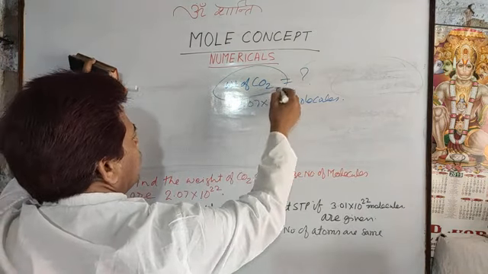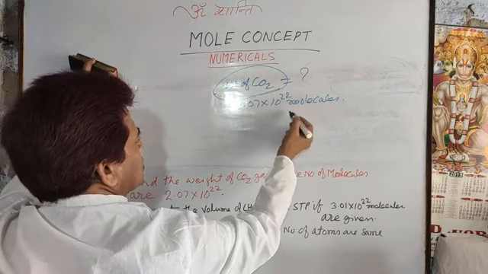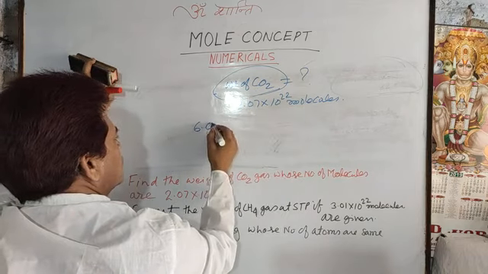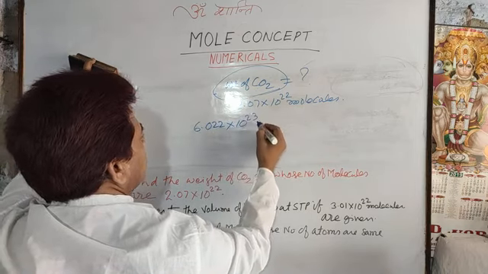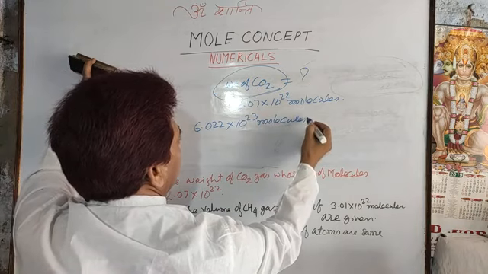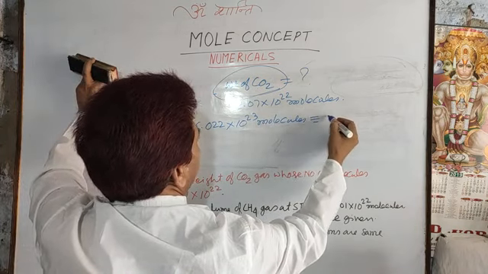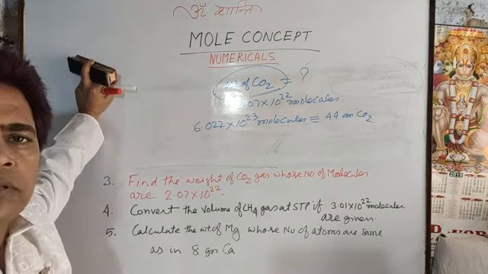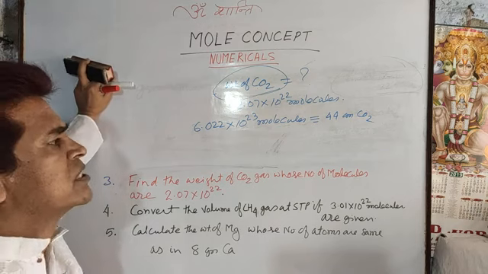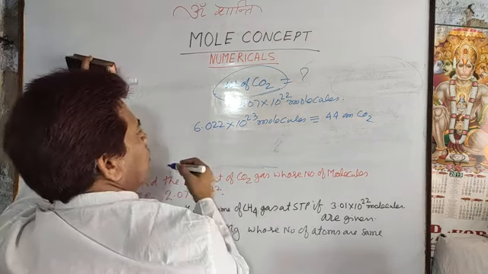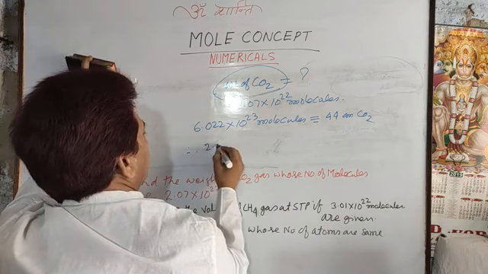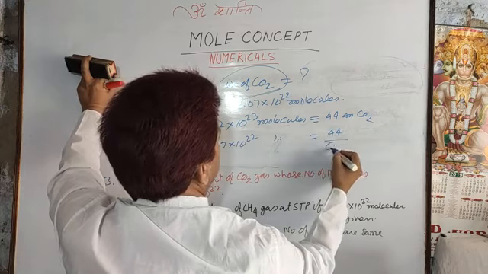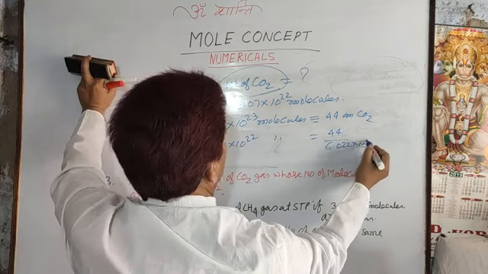So, the weight to be calculated should be written last in the first line of the unitary method. First of all you write 6.022 × 10^23 molecules, always with the weight, here 44 gram carbon dioxide gas. So, the first line is written on the basis of mole concept. Therefore, in 2.07 × 10^22 molecules, that is 44 by 6.022 × 10^23,